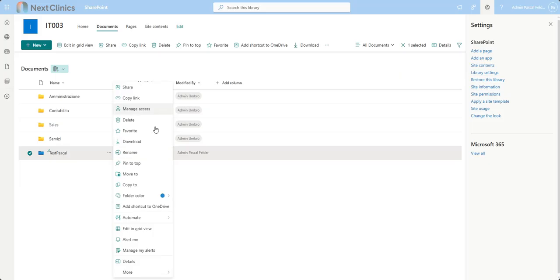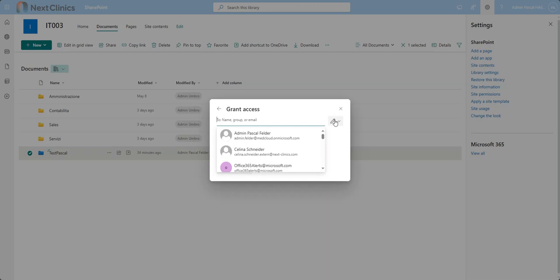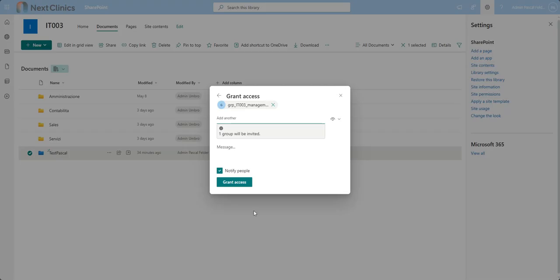So, and now manage access group, then I have plus, I say he can do everything, or he can only edit. And I can say group ET003 underscore, and I have my management group, and I can add the management group. Only a side information for you, you can add Active Directory groups in a SharePoint group, but you are not allowed to add SharePoint groups in SharePoint groups. So the structure